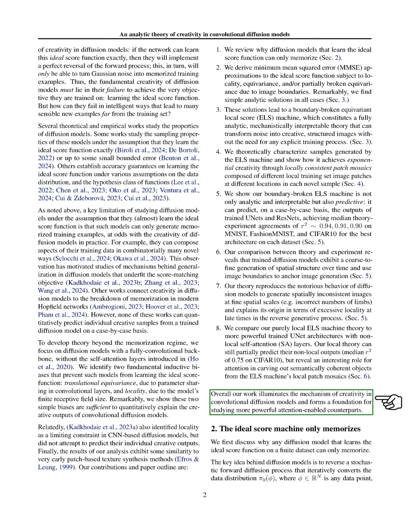Section: The ideal score machine only memorizes. In this section, we discuss how the ideal score machine functions solely by memorization. We begin by explaining that any diffusion model learning the ideal score function from a limited dataset can only memorize that data. The core concept of diffusion models involves reversing a random forward diffusion process that gradually transforms the data